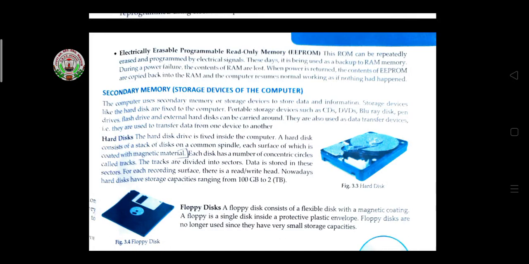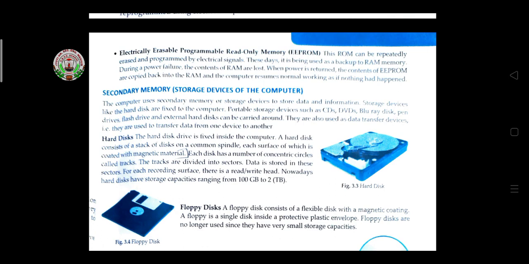to another. So what is the use of secondary memory? To store data, and if you want to transfer your data from one device to another device. So nowadays you are not using CDs and DVDs. Nowadays you are using a pen drive. If you want some data from your friend's system or from your company system, with the help of this pen drive you can save all the data which you want, and then paste all the data to your computer.